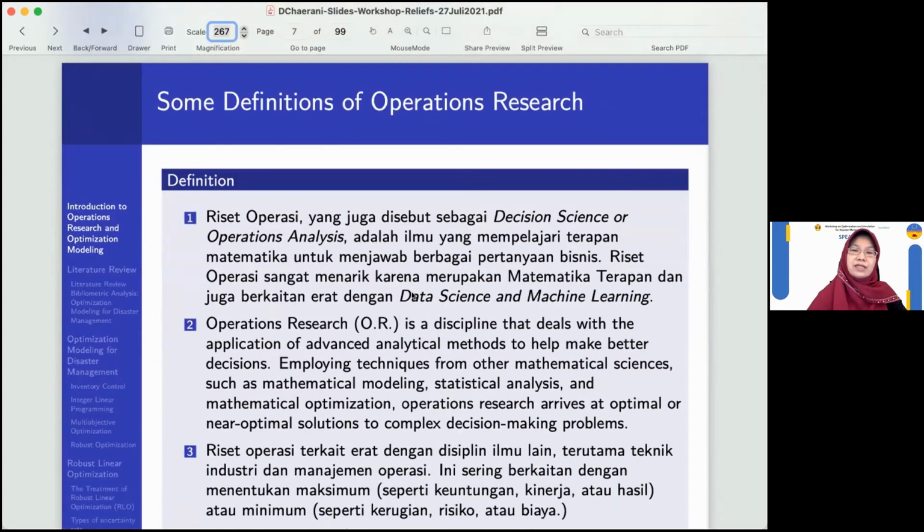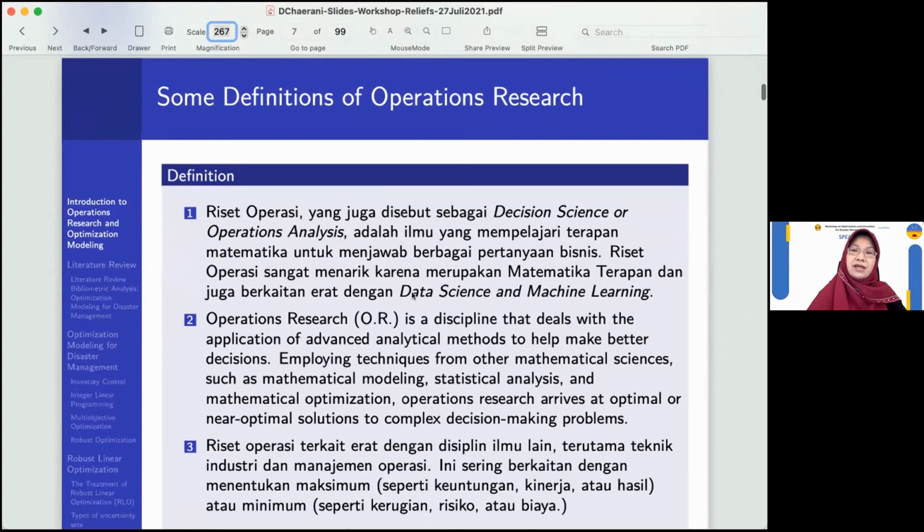And then some of the examples, and here we can also see the definitions. Research operations, based on many sources, is also stated as a decision science or operations analysis. It is a science that is learned with applied mathematics and answers a lot of business questions. Operation research is very interesting because it is applied mathematics and it is also related strongly with data science and